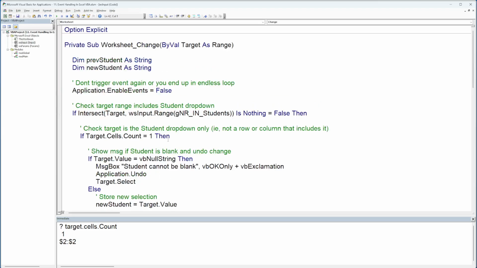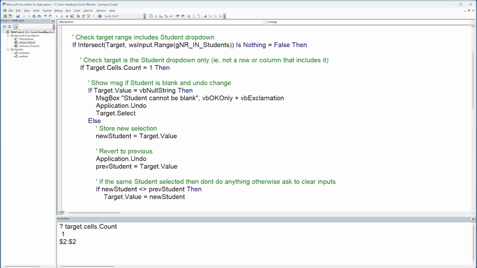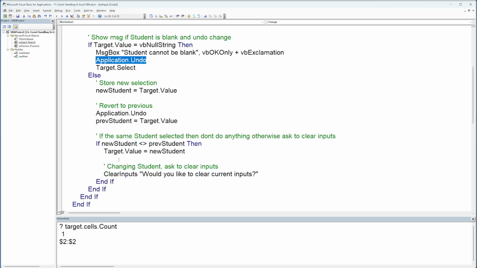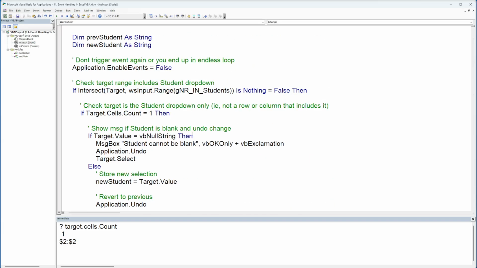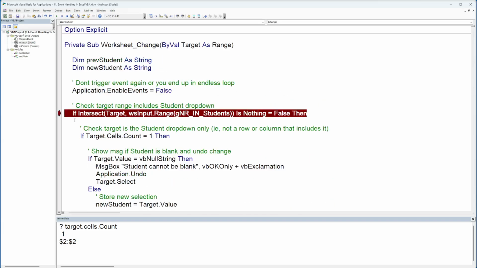Now, one thing that's very important, especially on these change events, is this is raised whenever you make a change. So whenever in my code here, if I do an application undo, it's changing the worksheet. If I set the target, as I do here, target value equals new student, it's going to change the worksheet. So it's going to keep triggering this change event. So you end up in a loop. Right. So I'll show you this happening